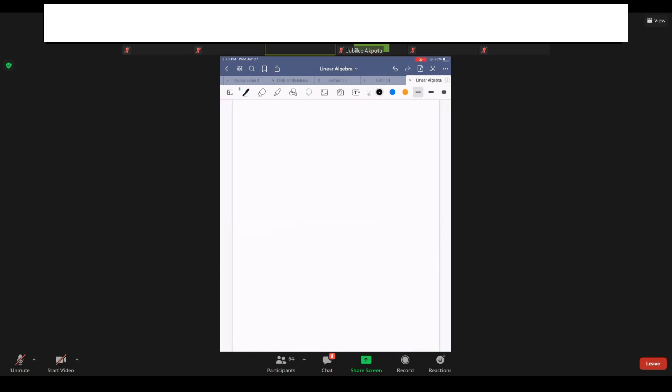So next, let's define what it means to multiply matrices. Let's say we let A be an m by n matrix, and let's say B is an n by p matrix. Then the product of A and B